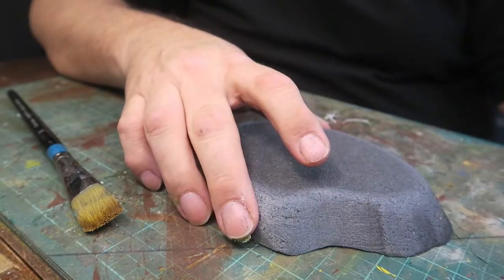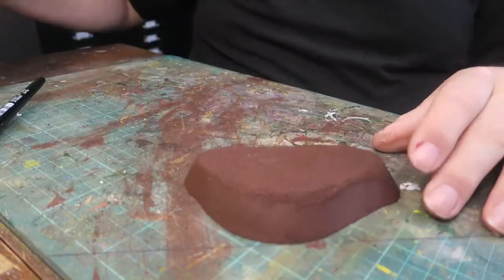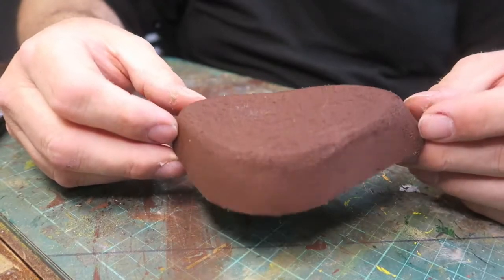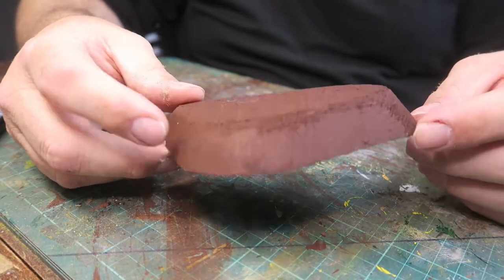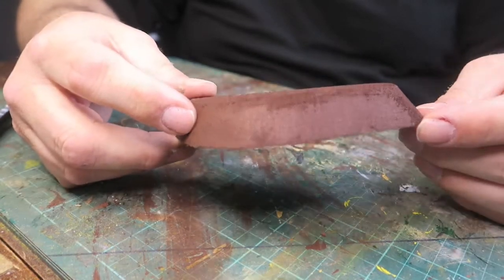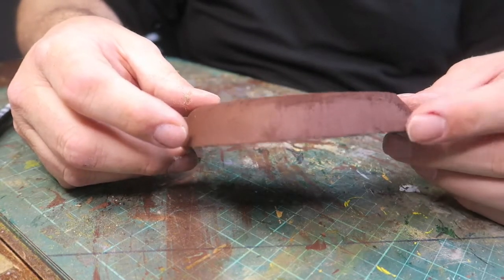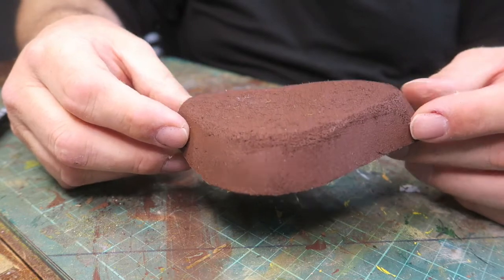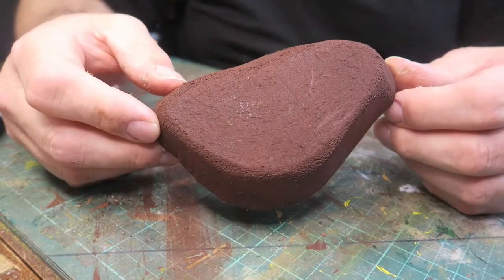So in good Blue Peter style, here's one I prepared earlier. And you can see that it's a lovely solid colour. It doesn't wash out or anything like that. It goes on nice and thick and solid, and you leave it overnight to dry. It doesn't really soak into the foam, it just coats it really nice, and that's all ready now to be